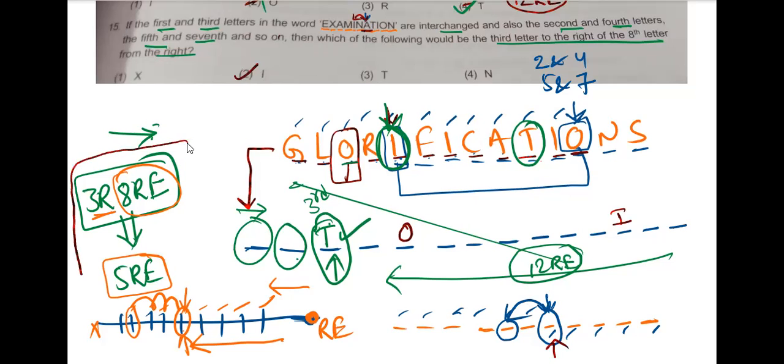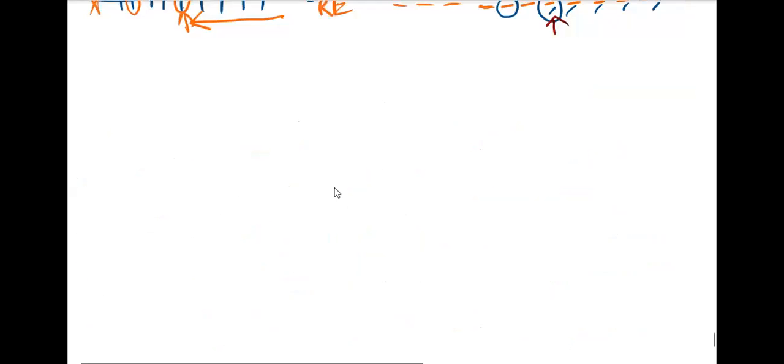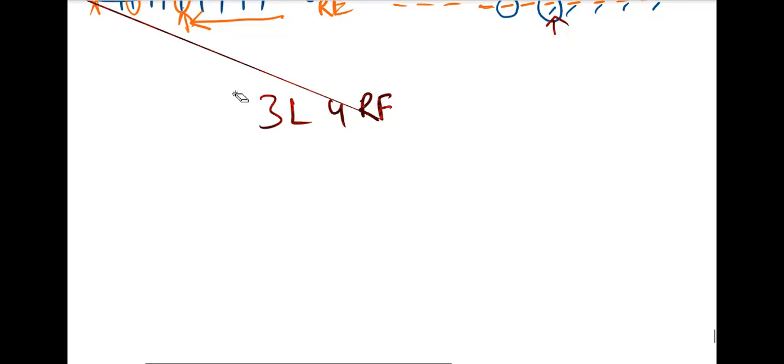You got this point? How to take this type? Yes, sir. Can you give a few more examples on this? Okay, see. Third to the left, fourth to the right, the fourth element from the right end. Tell me, what is the position? What is the single position for these two?